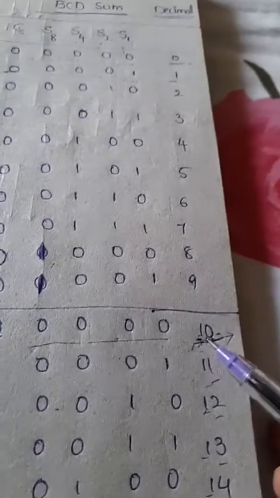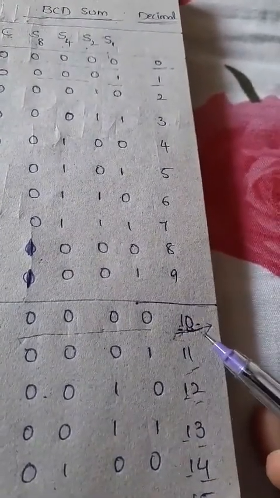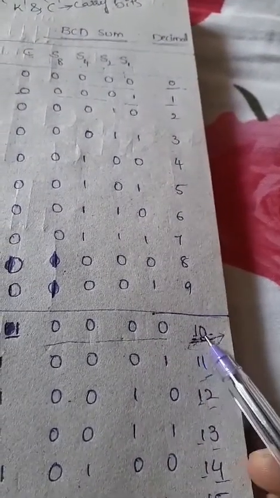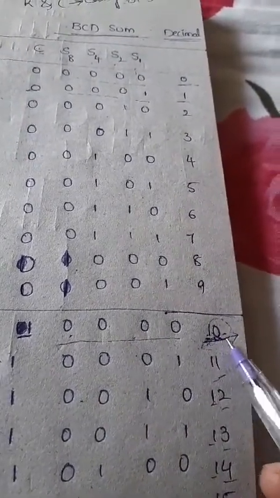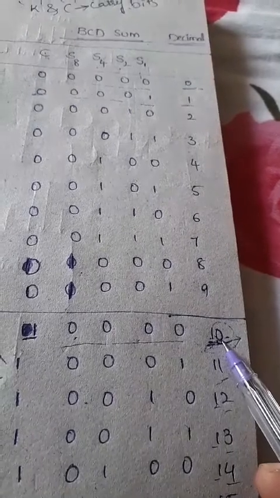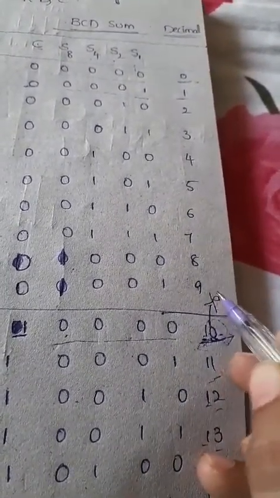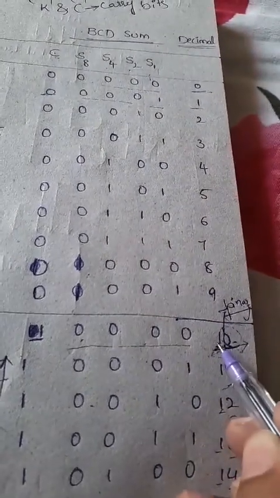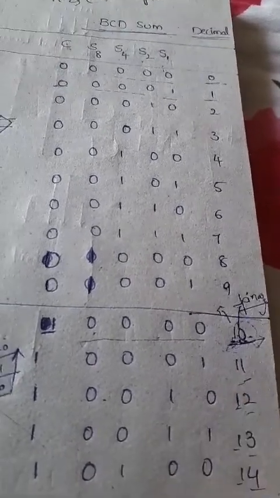So that means if you take from the right side, the first bit is 0 and the second bit is 1, right? Now to represent this 10 in the BCD sum, the rightmost bit, that is 0, we have to convert into the binary form. And the leftmost bit, we can represent as it is in the carry bit.